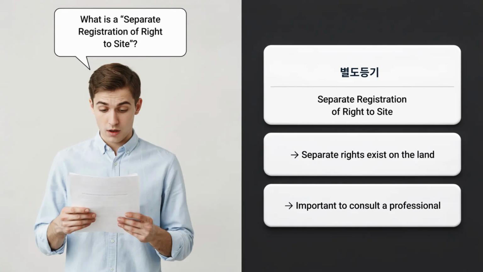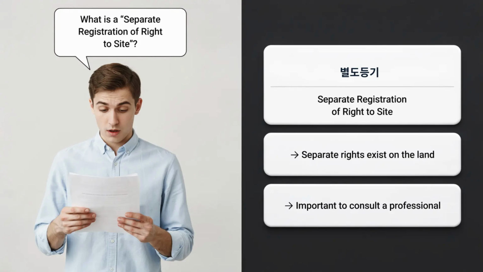The person recorded at the last registration number is the current owner of the property. If the owner name on the document does not match the name of the person you are signing with, it is important to consult a professional before signing. If the person claims to be an agent, it is important to check the power of attorney and the certificate